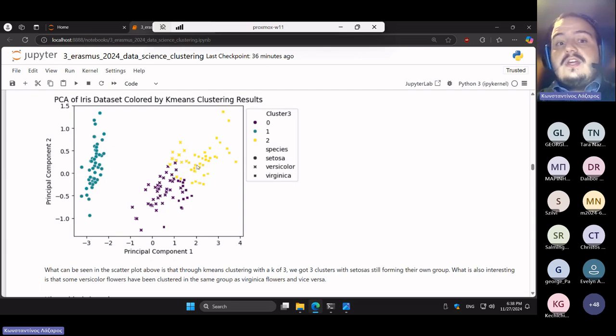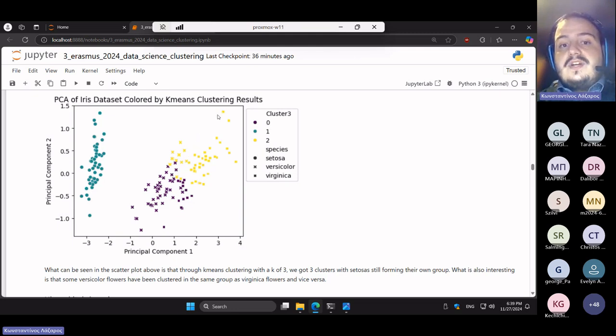The other thing that we can also check out is that although there are some other two clusters, like cluster 0, the first one, and cluster 2, which is the third cluster of our data set, things are not really as clear as when we apply the same concepts or conclusions to Setosas. And the reason why I say this is because both of these groups actually contain samples that belong to either versicolor or virginica flowers, or samples if you prefer,